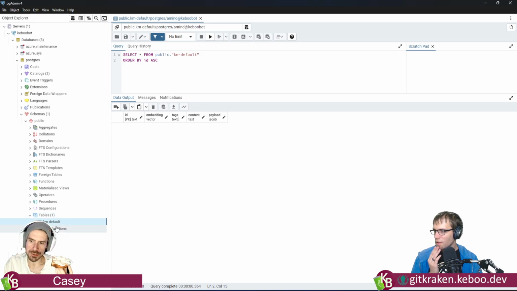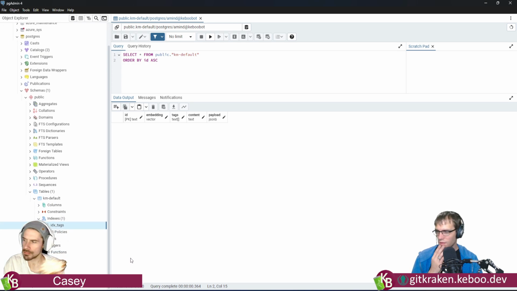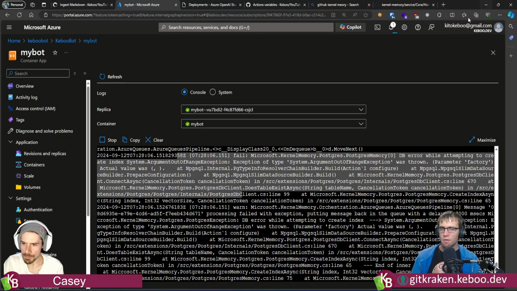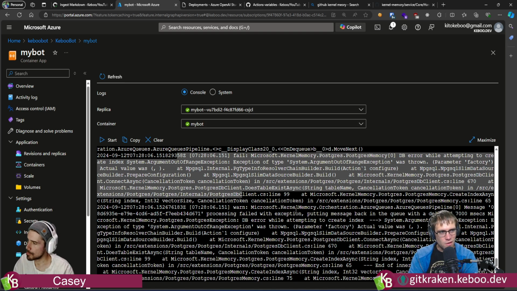Refresh. Yeah, it did create it. Go to indexes. IDX tags is all that's in there. Library change? I mean, I did rev NuGets earlier. So, I mean, I don't know what else, man.